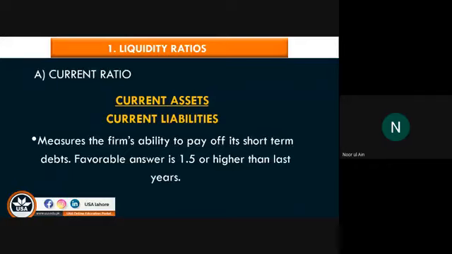1.5 or higher in order for you to interpret that the company is in a safe condition. Because current assets must be, if not double, then at least 1.5. The value of current assets must be 1.5 if current liabilities are 1. For each 1 rupee of current liability, your current assets must be 1.5 or more, 1.5 or 2 or more. Fine. So if the answer is less than 1.5 or less than 1, definitely